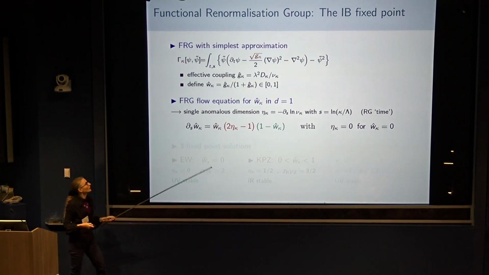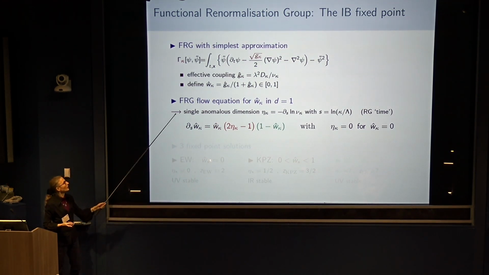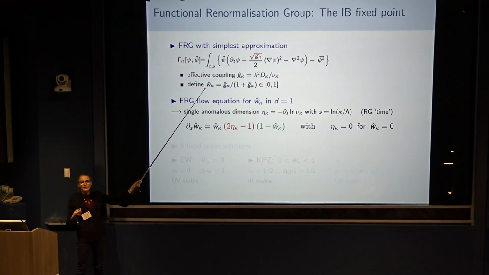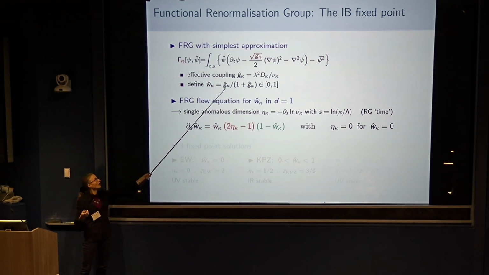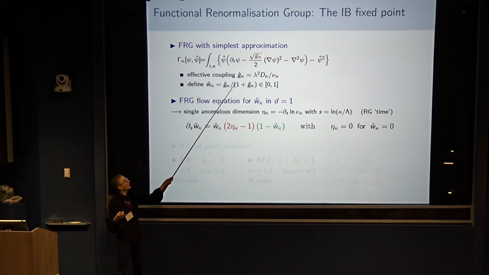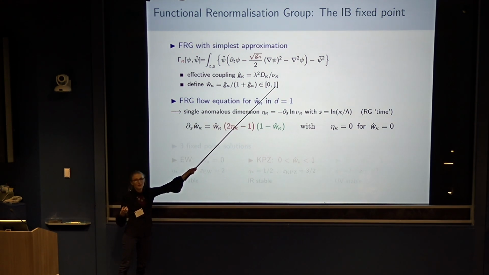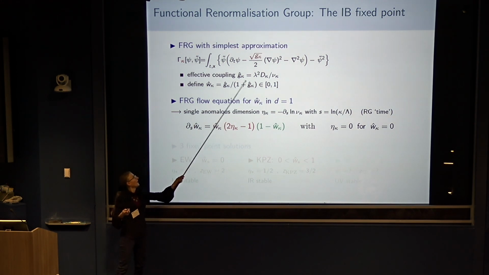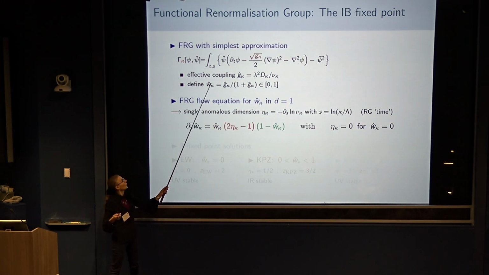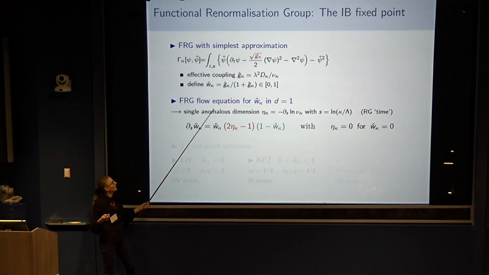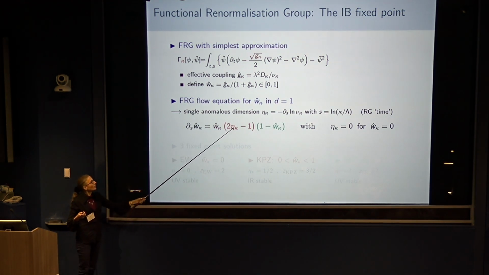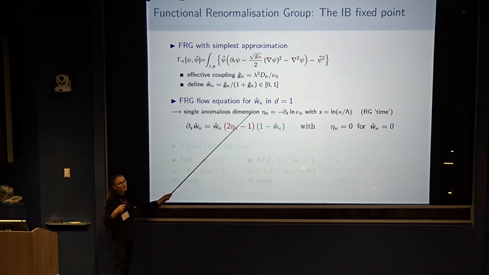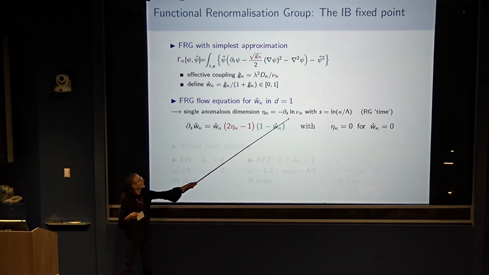So let me come back to this nu to 0 limit. As you would do in dynamical systems, if you have a fixed point at infinity, you can change variable so that your infinity is mapped to 1. And you can compute the flow equation of this variable, and it has this form. So eta is an anomalous dimension. It will give the chi, and it's defined like this.